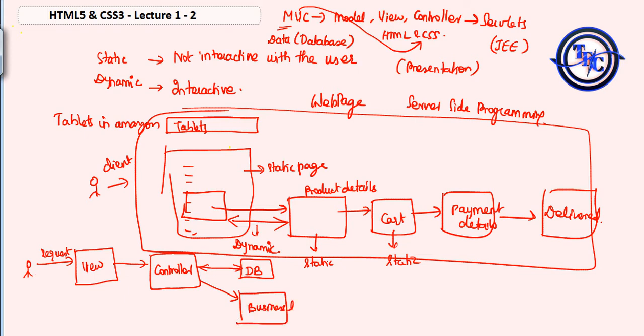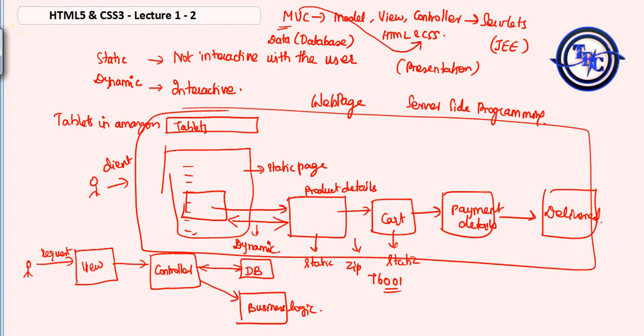Business logic means, here you want to check whether this product is available in your zip code. So you are giving the zip code like this, 76001. What happens is it will check with the database if that product is available, and if it is available it will show it's available at your location. So some business logic is performed.